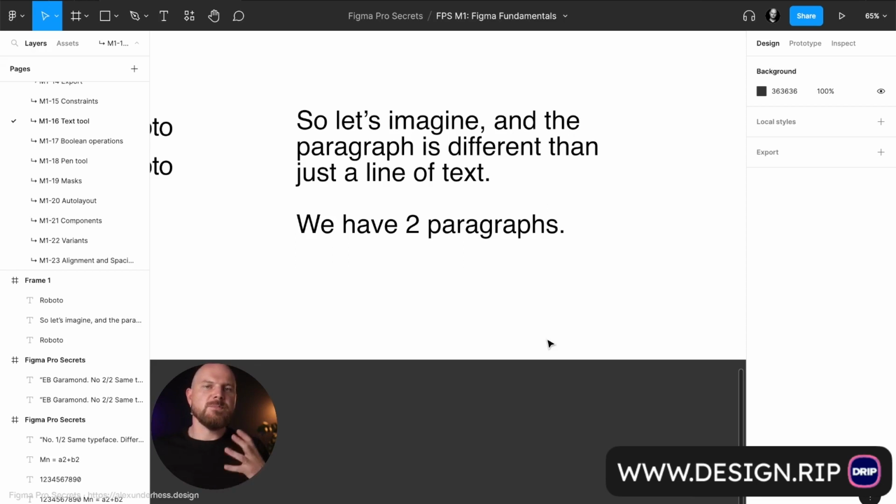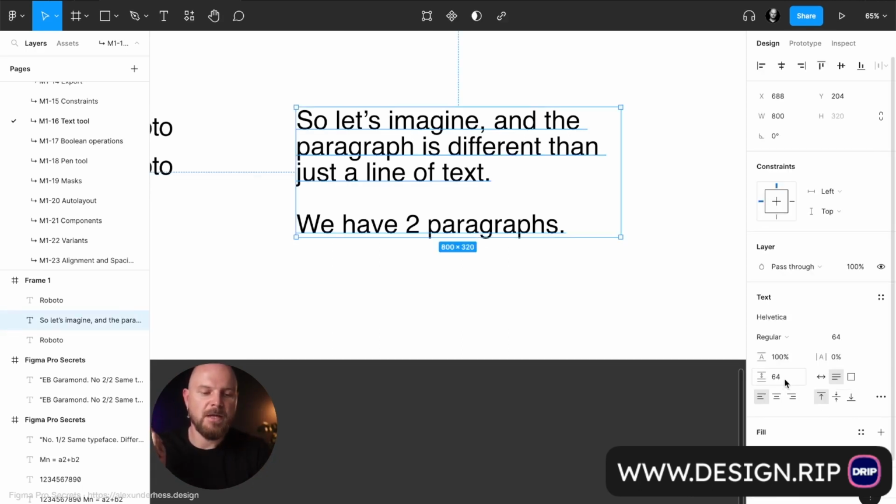This is useful specifically when you copy lots of text from somewhere, or when you're typing a lot of different paragraphs, and then you want to see visually the difference between, like, the distance between paragraphs when it's just one piece of text. And then you use this function, and it works exactly the same when we are talking about web design. It works exactly the same as the function in CSS as